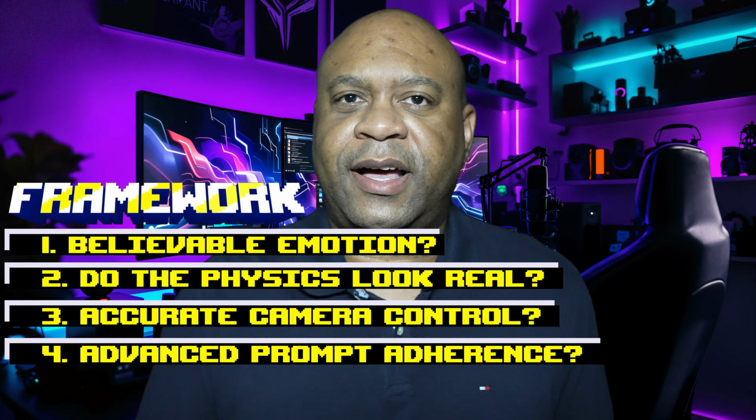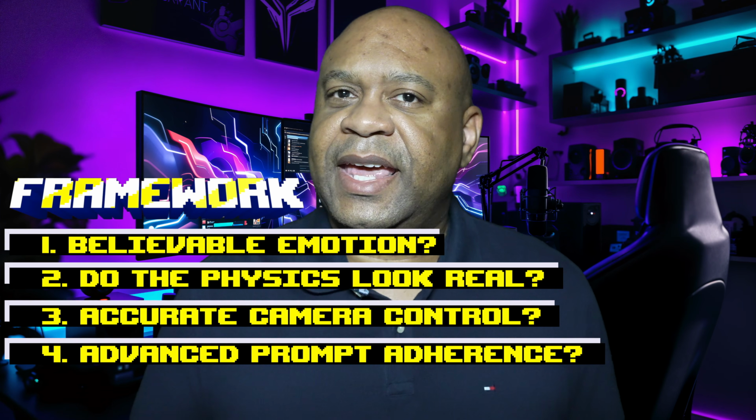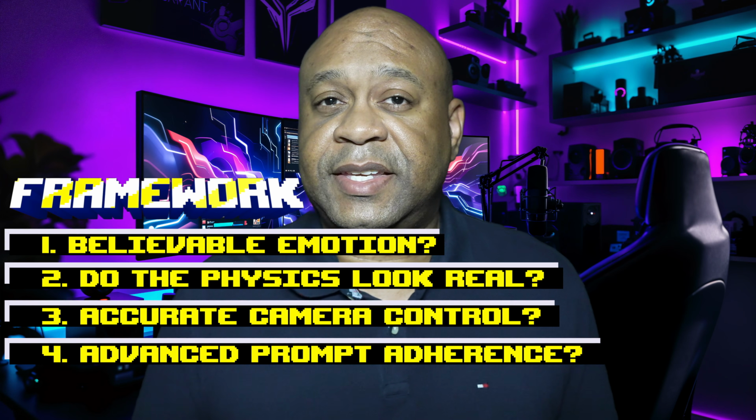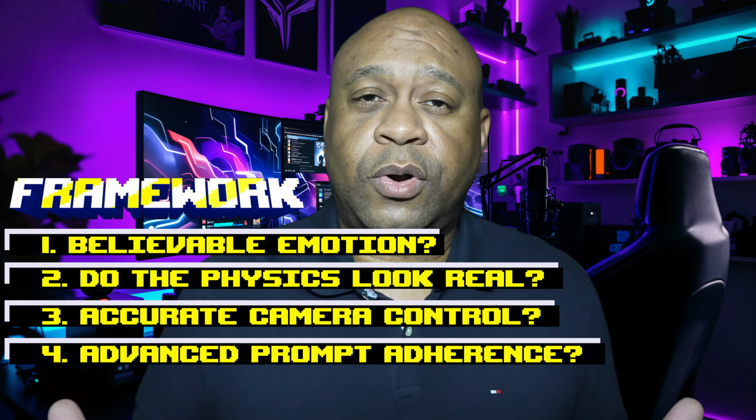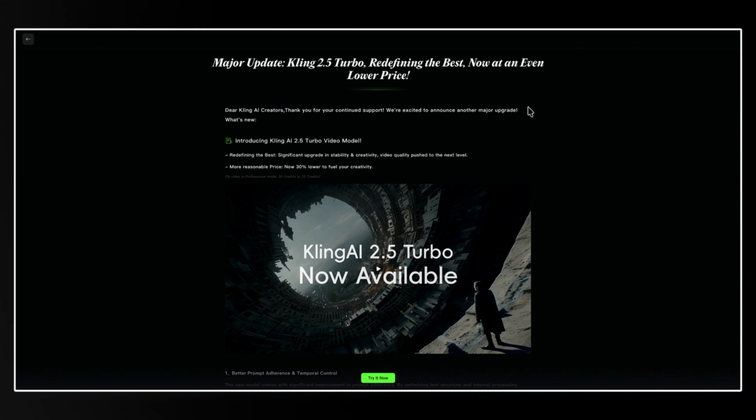So here's the plan. I tested Kling 2.5 across 4 critical areas that actually matter for storytelling. Can it handle emotion? Do the physics look real? Can you control the camera? And does it follow your prompts? For each one, I'll show you what worked, what broke, and how it stacks up against other popular models such as Veo 3 and Wan 2.5. Let's get into it. Now let's first start off by looking at some of the official release notes for Kling